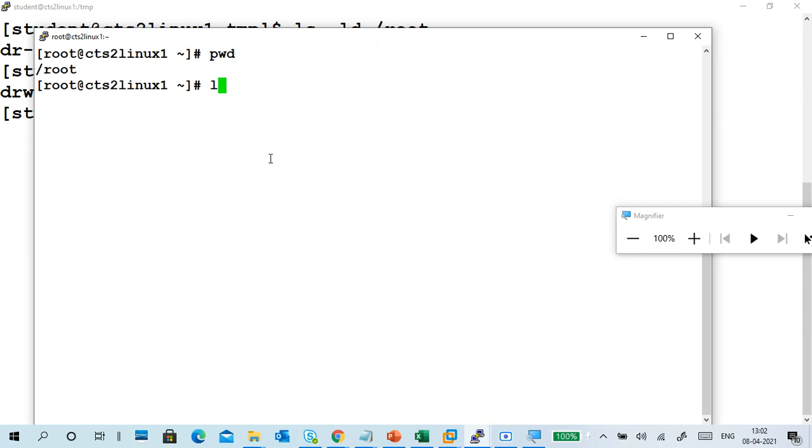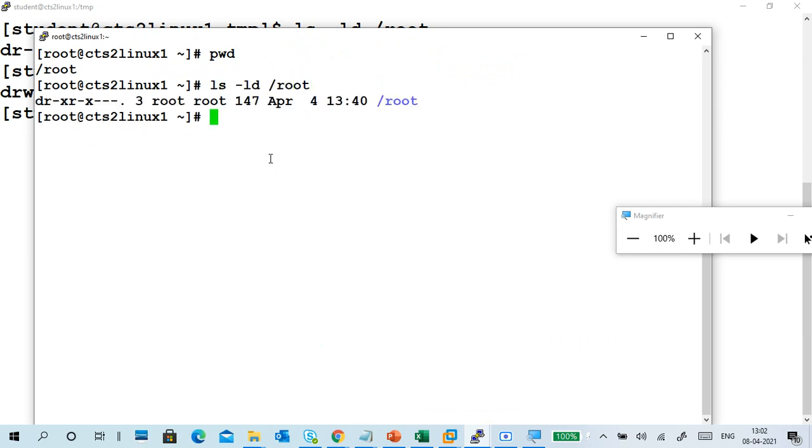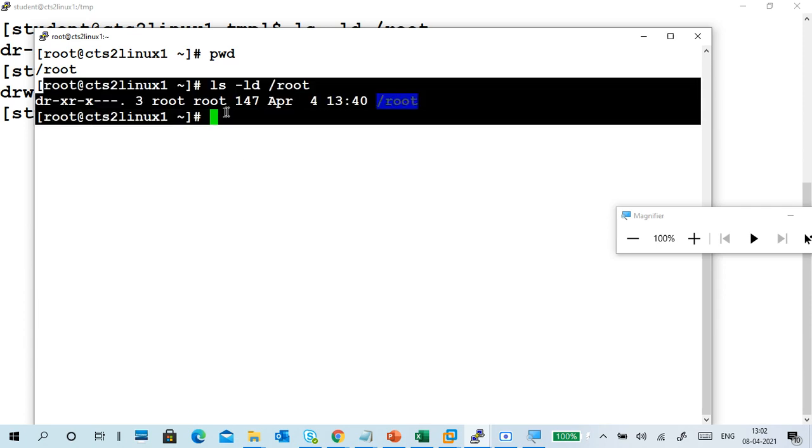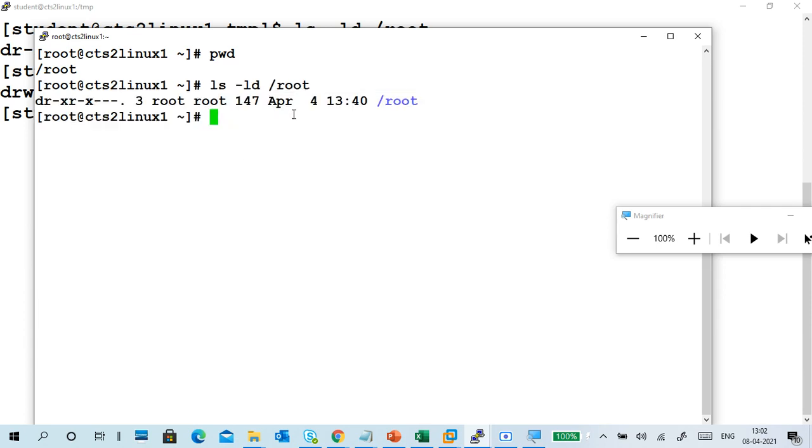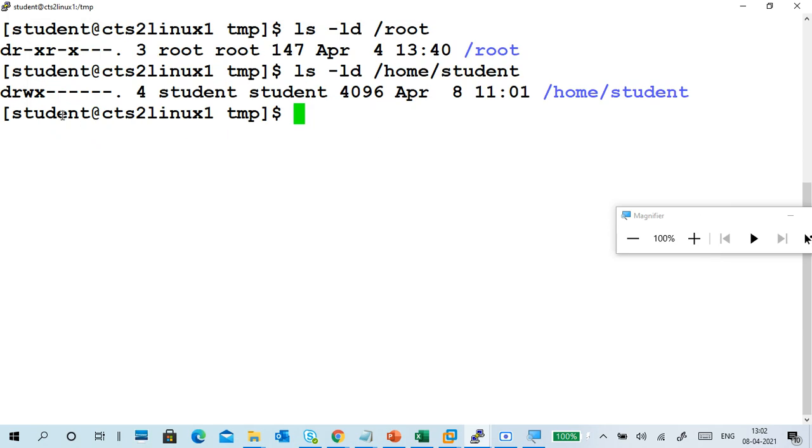pwd, then ls -ld /root. Here also, everyone cannot do something inside. If I create a directory inside, it cannot be accessed by other users. If I create a directory under my working directory, everyone cannot access it.